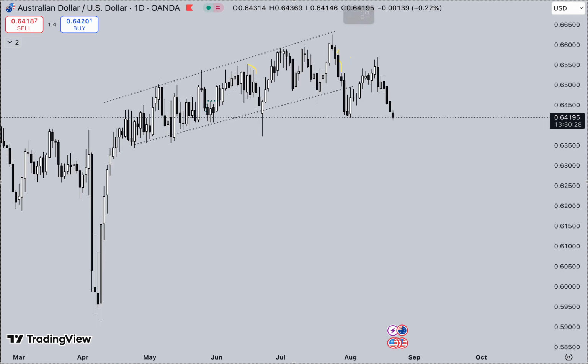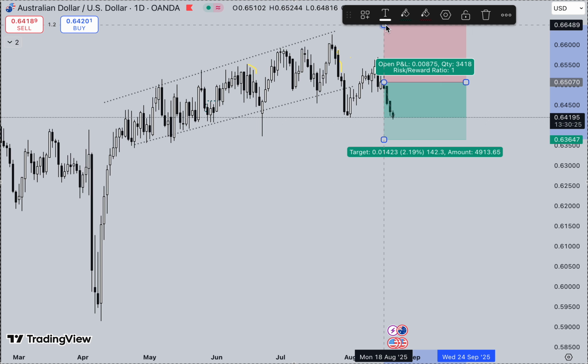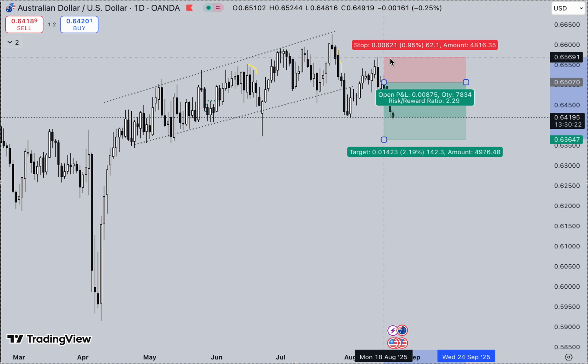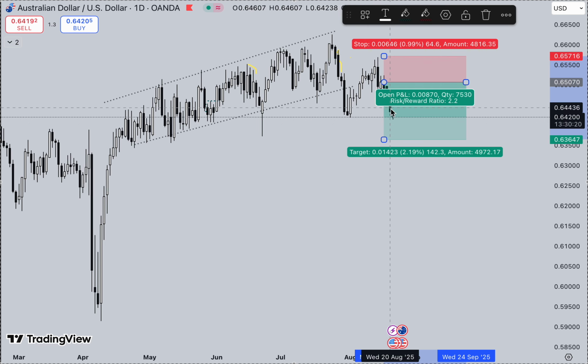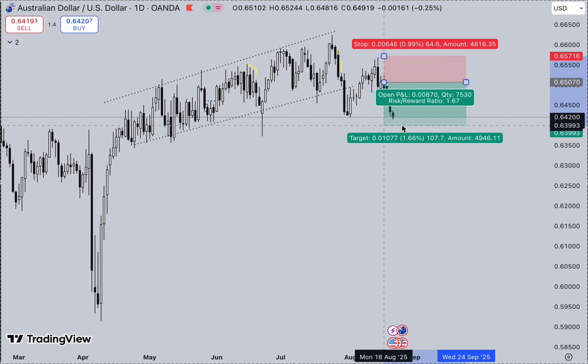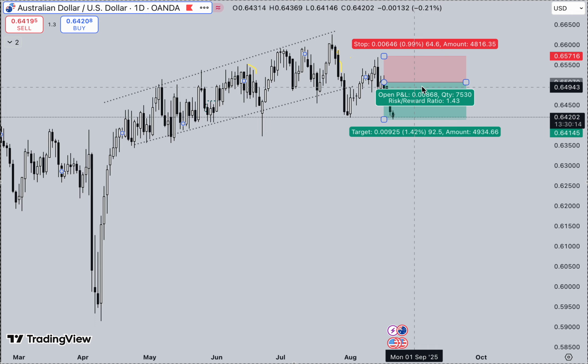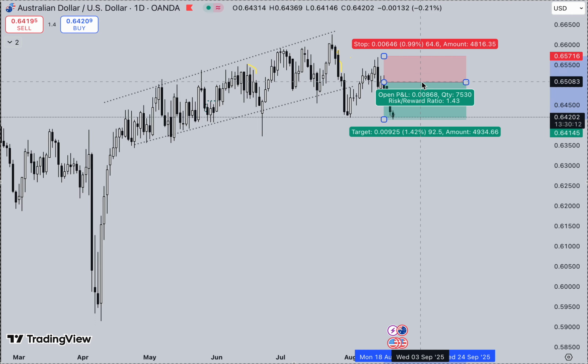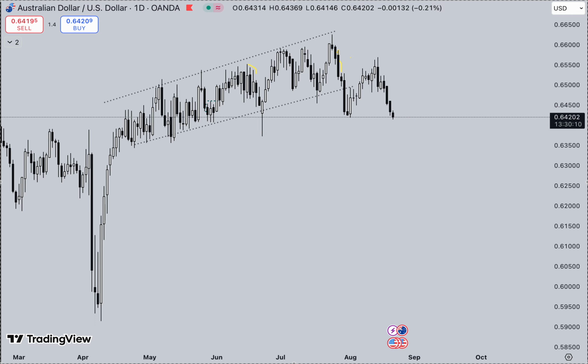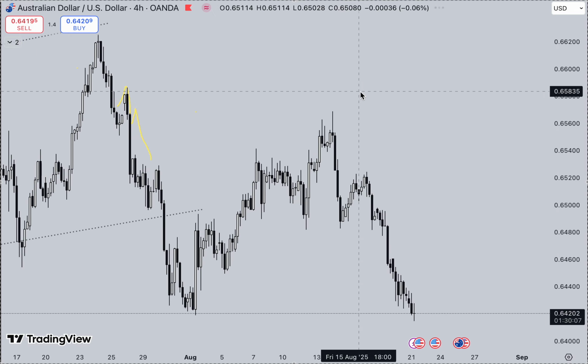So you see, for us it's just all about what the market structure is preaching, right? That's all we want to know. So right now you would have been at a 1 to 1.5 if you were working with the daily time frame. But if we want to refine our entry as we like to do on the 4 hour,